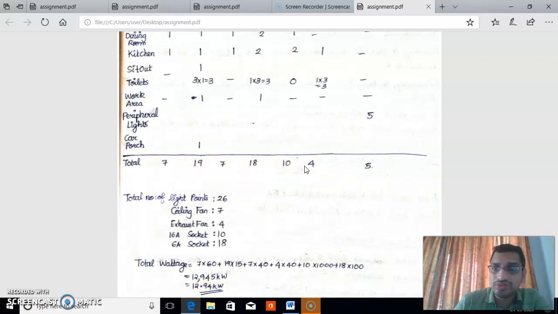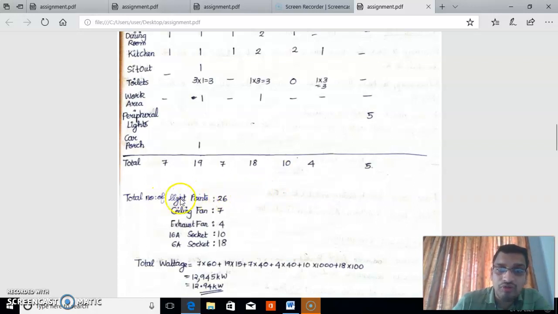And in a domestic building, there are 2 types of circuits available. The first one is sub-circuit, second one is power circuit. All the points except the power plug and motor circuits, we connect to sub-circuits, whereas in power circuits we connect power plug and motor circuit. In sub-circuit we connect all the light points, fan points, 6 ampere sockets, exhaust fans, etc. In power circuit we connect the 16 ampere sockets and motor circuit also.